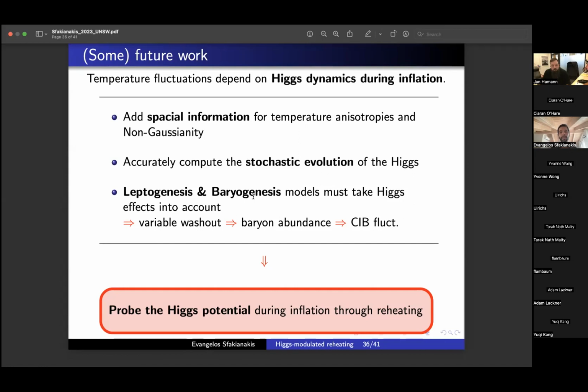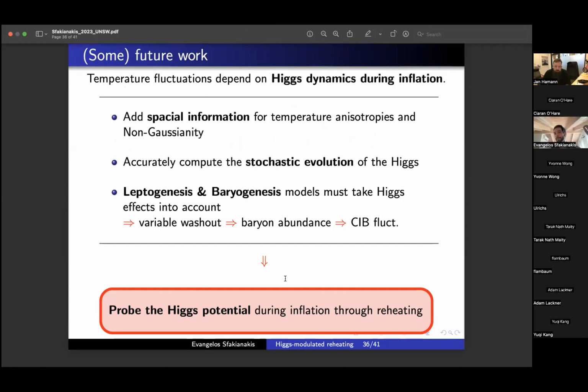Because in inflationary or reheating leptogenesis, the standard model particles will have different Higgs masses, which means that you can have slightly different baryon numbers in different parts of the universe, which will lead to cosmic infrared background fluctuations. So there's a way to probe the Higgs potential during inflation and during reheating by looking at what happens at those very high energies. And more importantly,